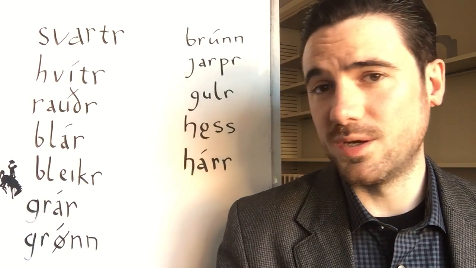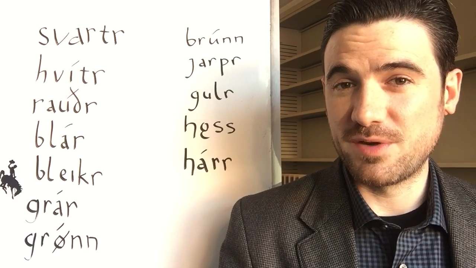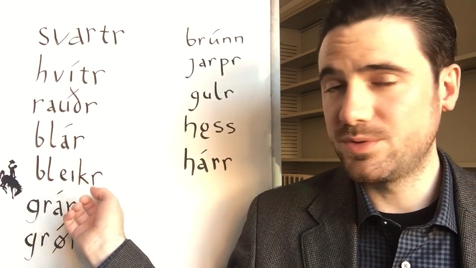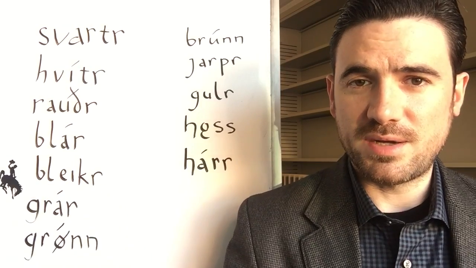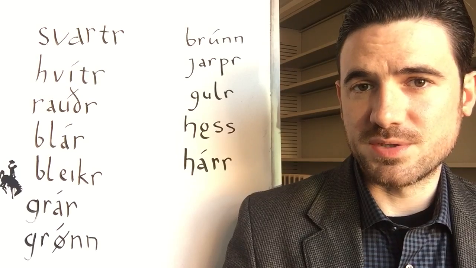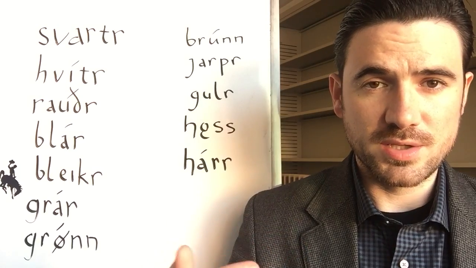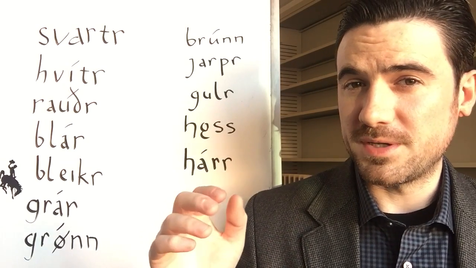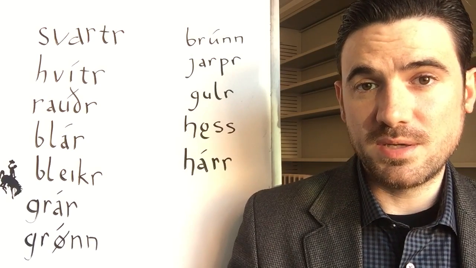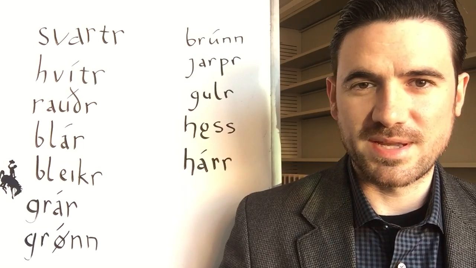Bleikr, in modern Icelandic, has come to mean pink, but in the color of horses, it means bay, so a yellowish color. Looking at it in Old Norse, I find both uses outside of just horses, so you also see this yellowish meaning outside of horses. What I think Bleikr is in Old Norse is any color that is warm, right? So on the orange, yellow, light brown side of things, but not red. So it's like non-optimal warm colors. If red is the warm color par excellence, Bleikr is anything that's not red, but it's clearly still a warm color. It can't be classified as blue or green.